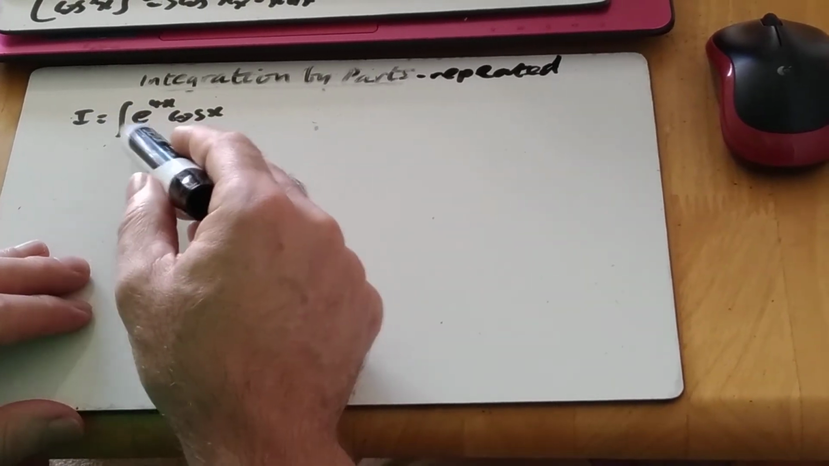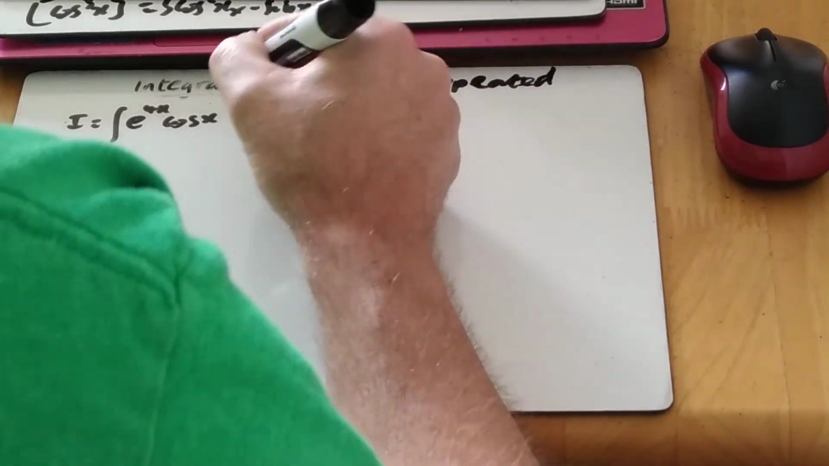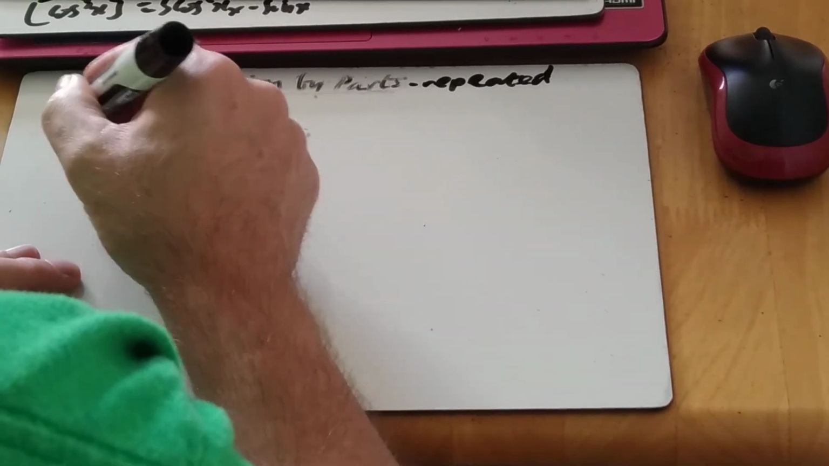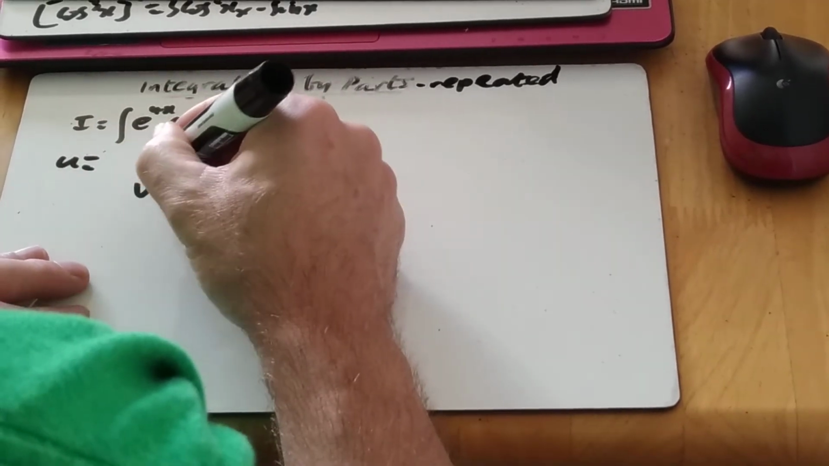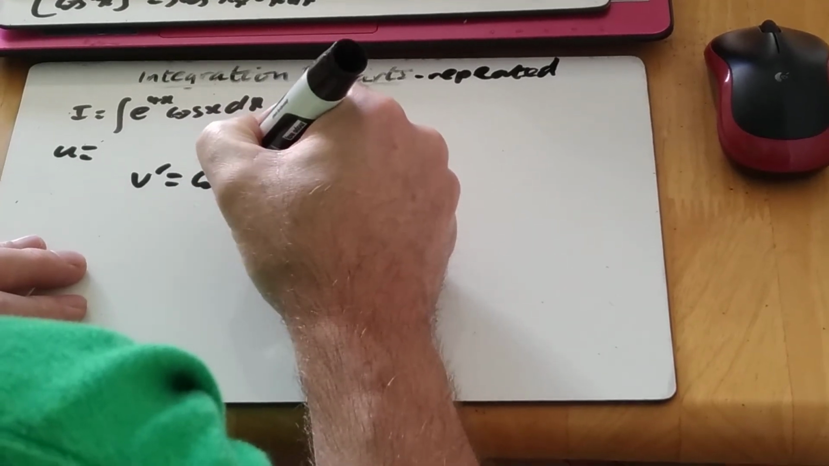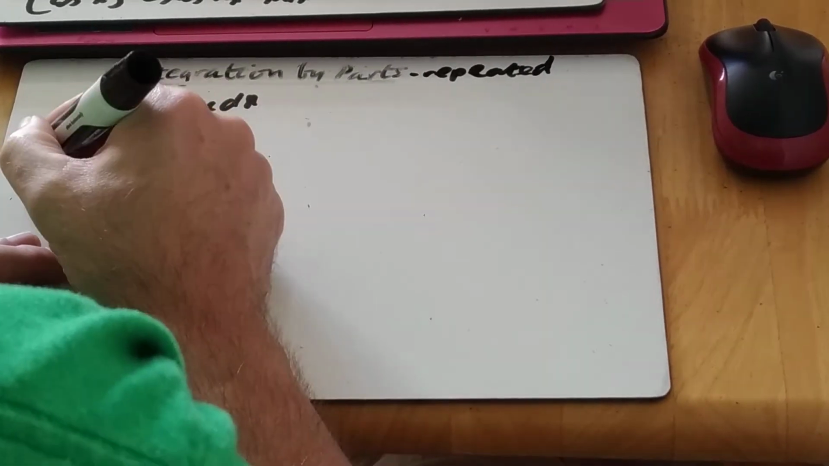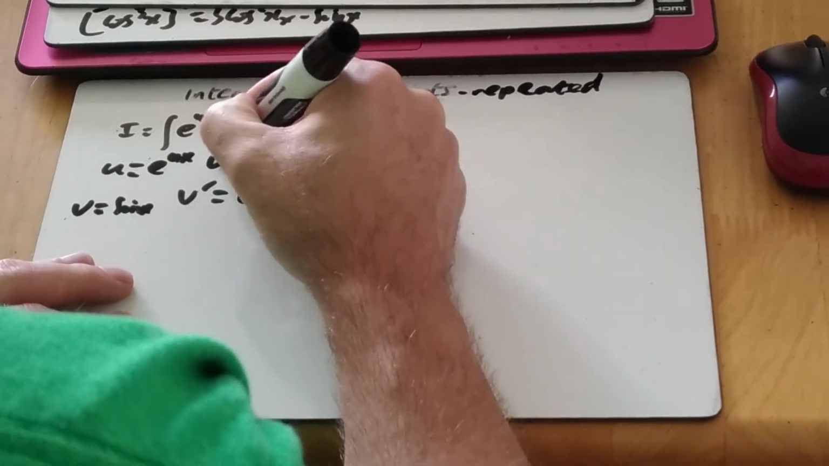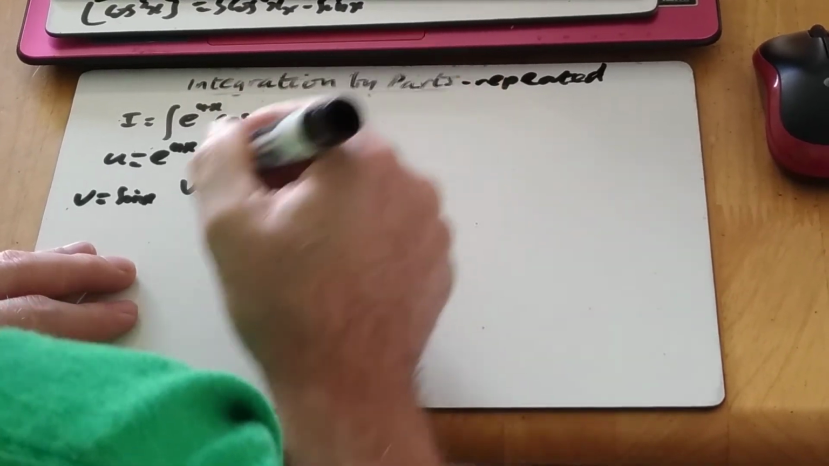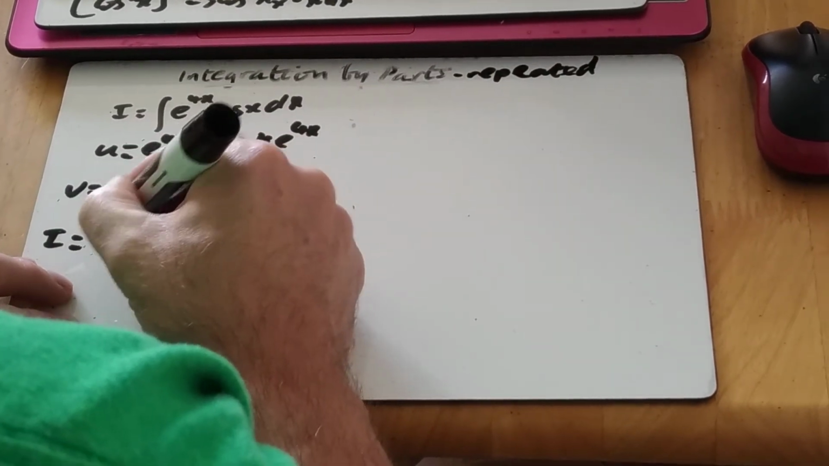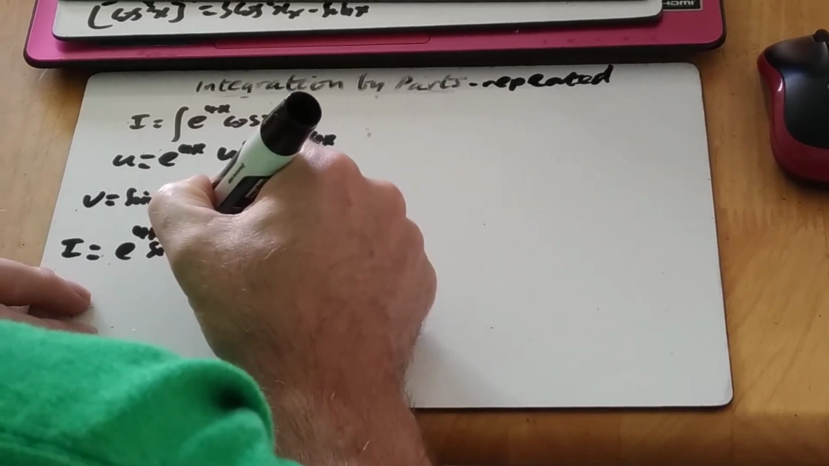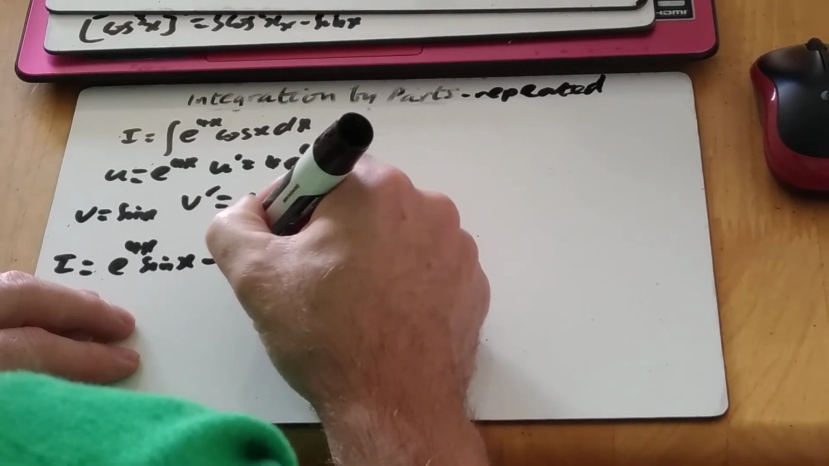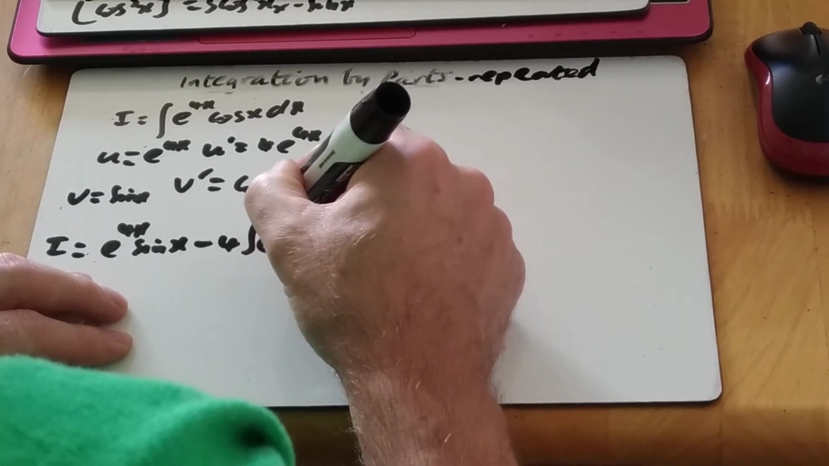Let's have a look. I've got I equals the integral of e^4x cos x dx. In some ways it almost doesn't matter what's what. I can say v' equals cos x, so the integral of cos is sine. So u equals e^4x, and u' is 4e^4x. So I becomes e^4x sin x, minus 4 times the integral of e^4x